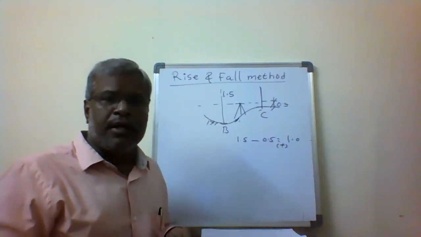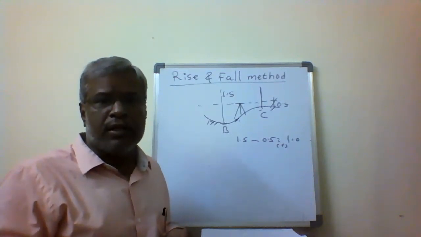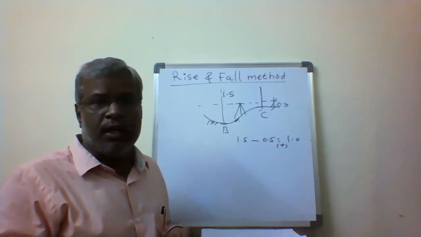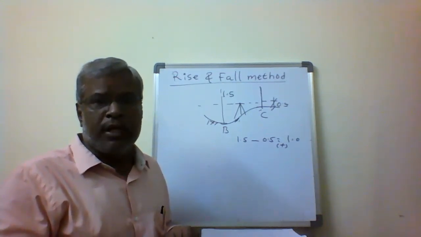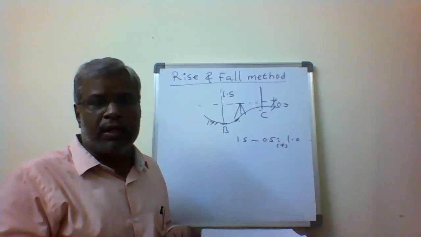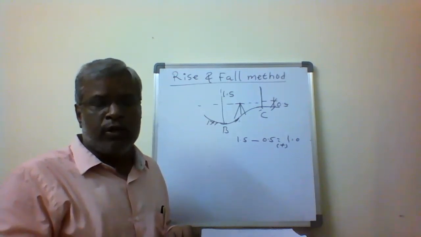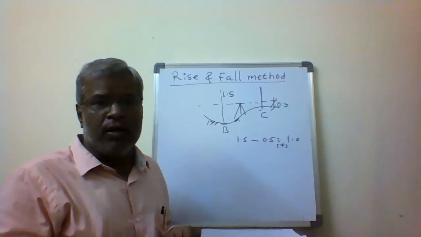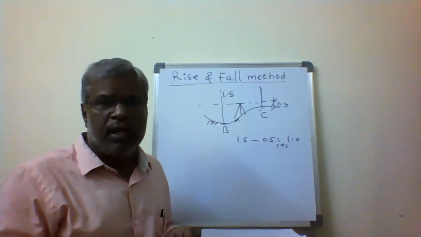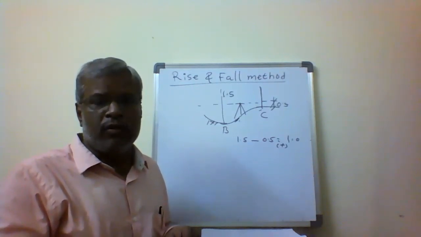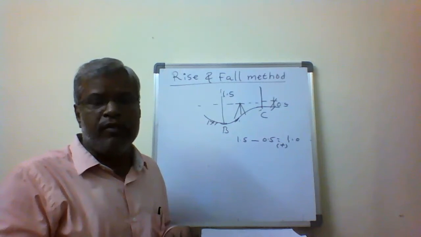That is the rise and fall method. We compare the points and write down whether the respective consecutive readings are a rise or a fall. Once we have found the rise and fall, we calculate elevations. How do we calculate elevation? We start from the known elevation at the benchmark. From that, if there is a rise, it is positive, so we add it and get the elevation of the next point. If there is a fall, it is negative, so we subtract from the reduced level and get the elevation of the next point.